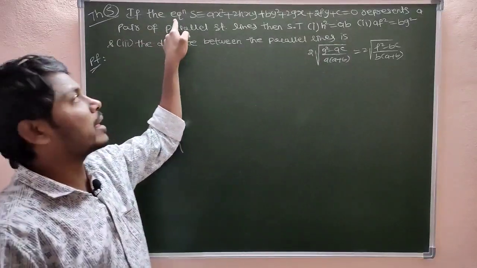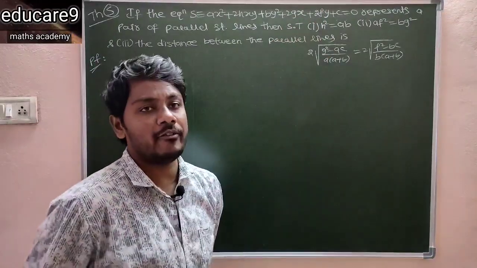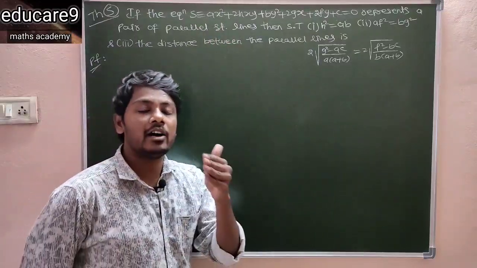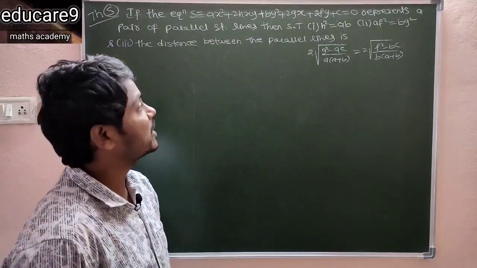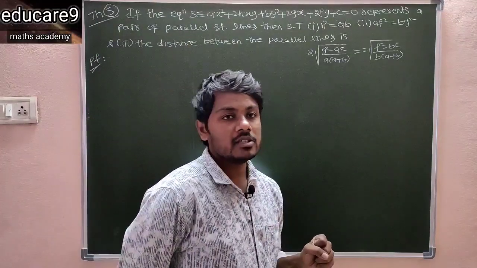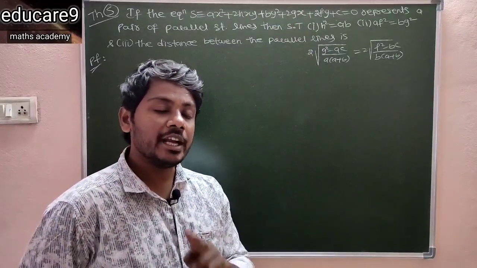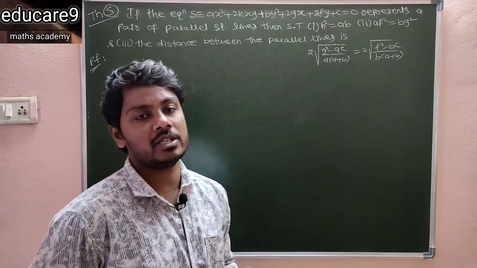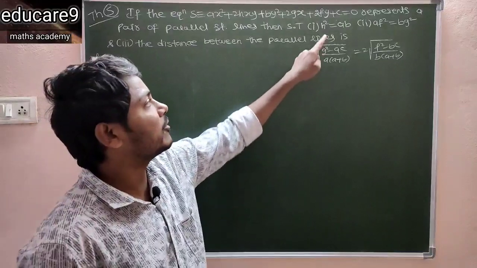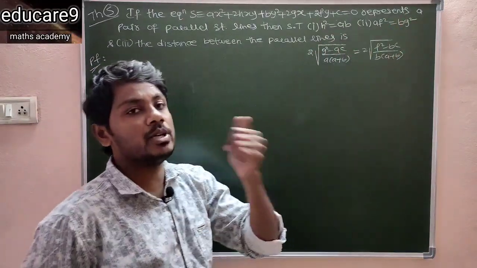If the equation ax² + 2hxy + by² + 2gx + 2fy + c = 0, clearly this is a second degree non-homogeneous equation, represents a pair of parallel straight lines. So it represents two non-homogeneous equations that are parallel lines. Then prove that first, h² = ab, and second, af² = bg²,